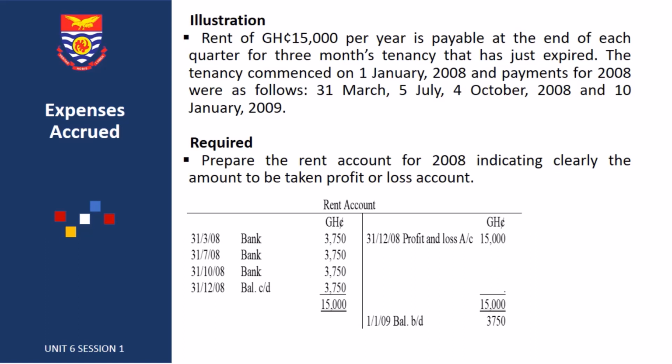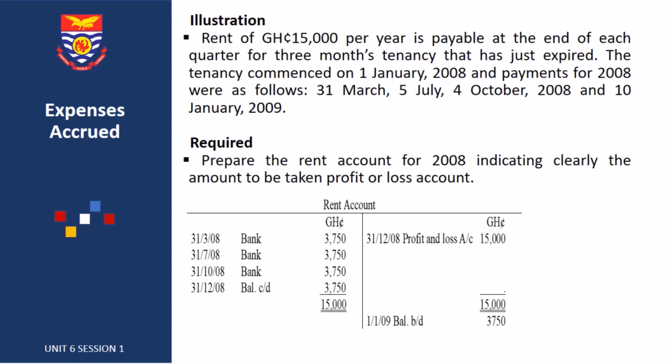Required: prepare the rent account for 2008 indicating clearly the amount to be taken to the profit or loss account. So the rent account is an expense account, and so when the rent is paid, the bank is credited and the rent account is debited. So we see that for the first quarter ending 31st March, the rent account is debited with